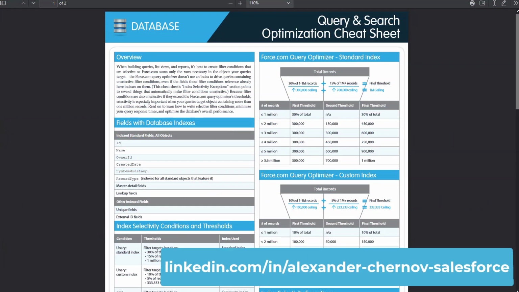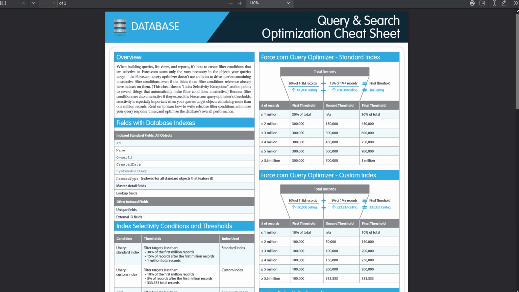Before you start using SQL queries, you should know how governor limits and indexes work in Salesforce. Otherwise, there is no point in even trying, because it will surely be a bad SQL query. Basically, you don't need to understand what an index is under the hood. It's enough to know which standard fields are indexed by default, and if you want to add an index to the